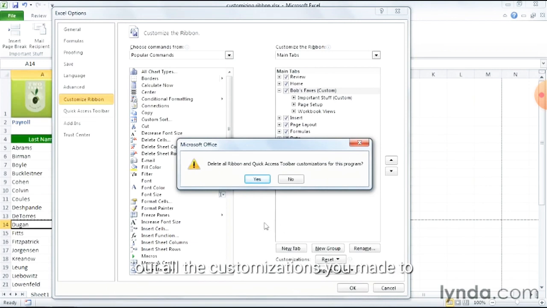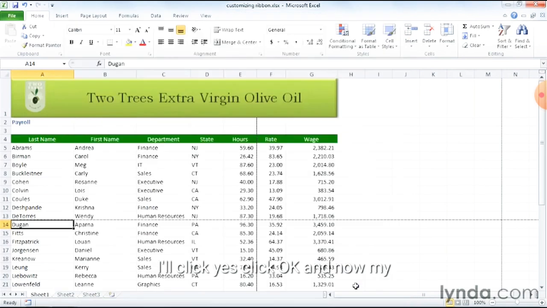So children, if you want to reset all here, you can reset on this: delete the ribbon, quick access toolbar, customization of this program. So click on the OK button and click on here, and you will get the reverse positions. The reset lets you reverse all the changes. What you have done will be removed from your Excel. So children,